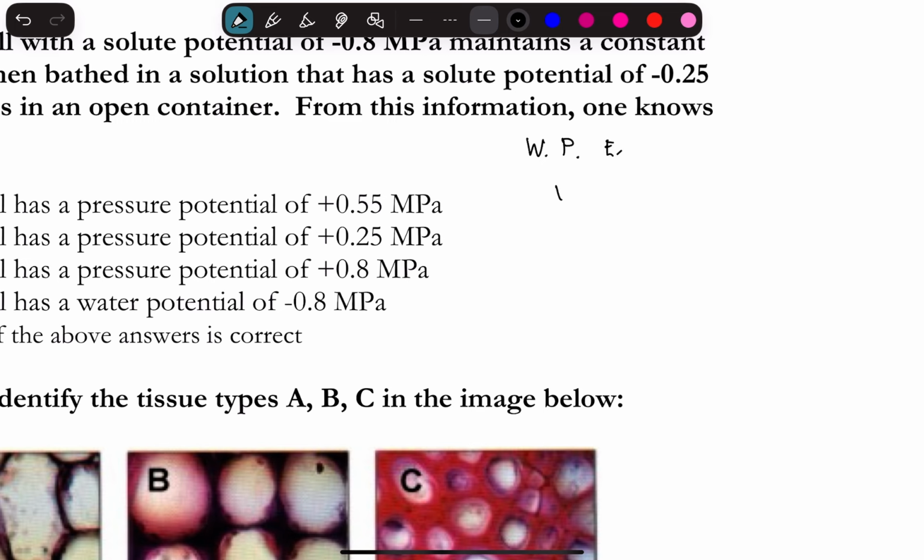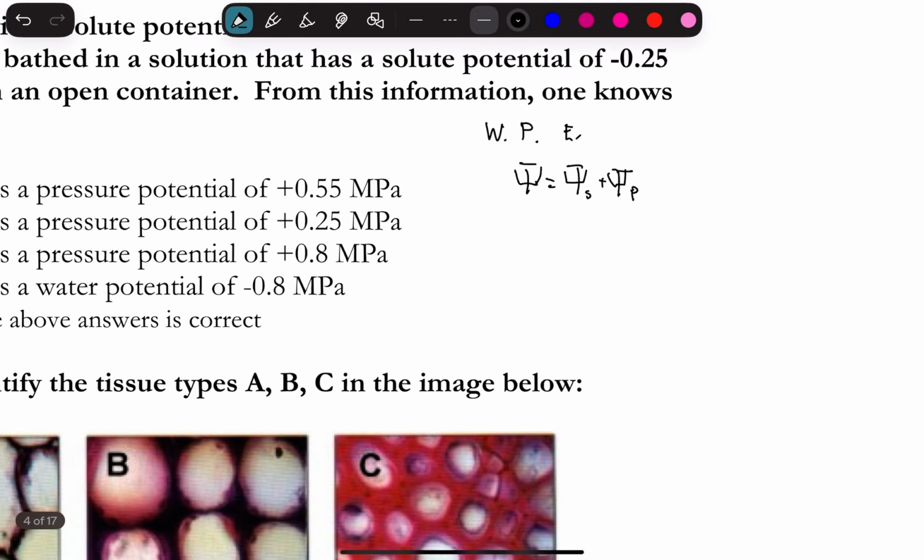So we have psi equal to psi S plus psi P. And the outside solution from the open container, you have an open container, so the outside psi is going to equal negative 0.25 plus 0, which is negative 0.25